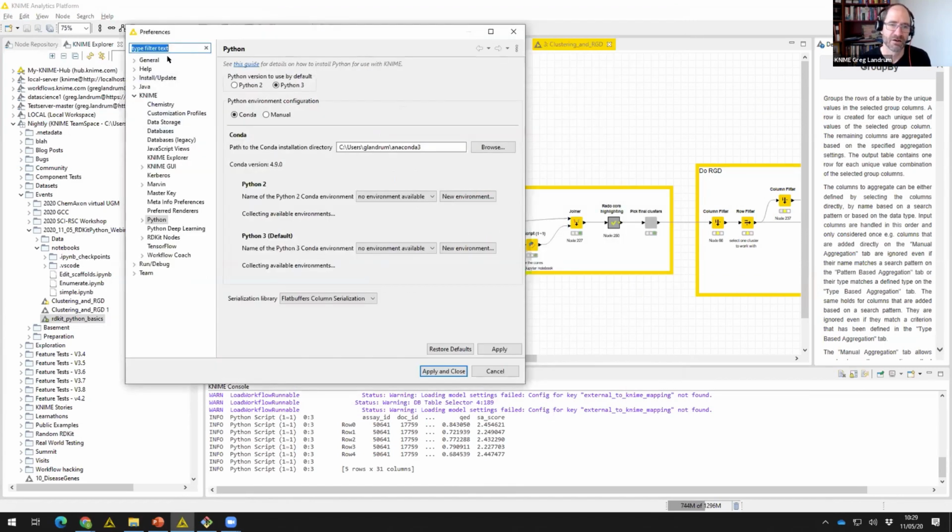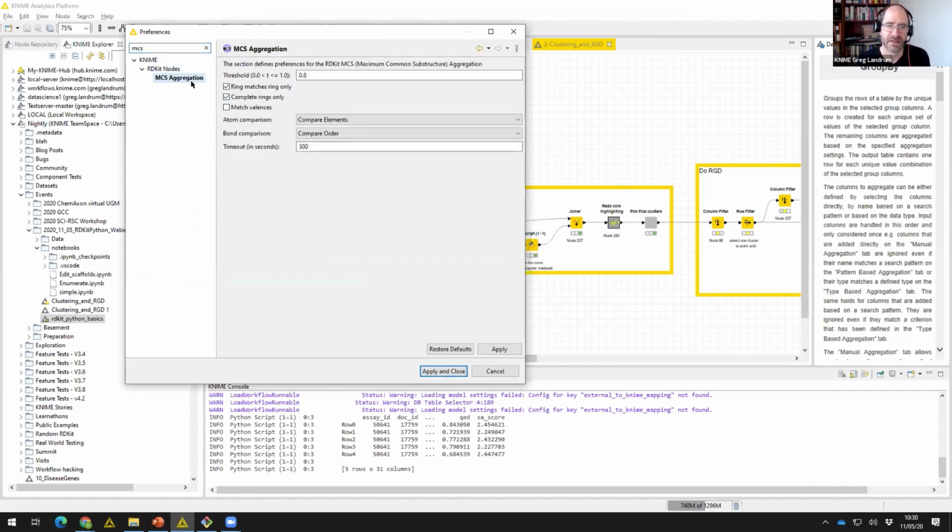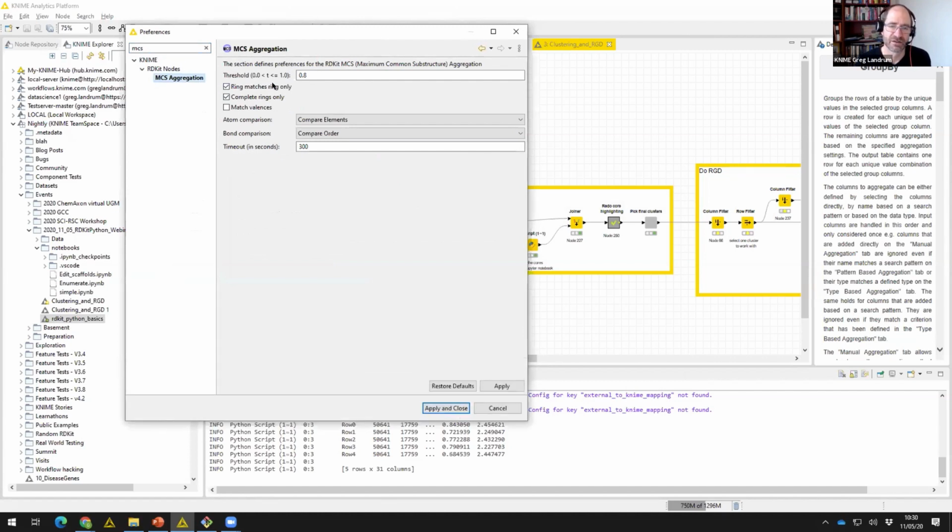So I do that again. I go to preferences, type MCS in the search box, and what I've done is the preferences for MCS aggregation. I've set things up to do a fuzzy MCS. The way I'm defining that here is that the maximum common substructure doesn't have to hit all the molecules. It only has to hit 80%. I only want ring atoms to match ring atoms. I only want complete rings to match. And in this particular case, I am using the